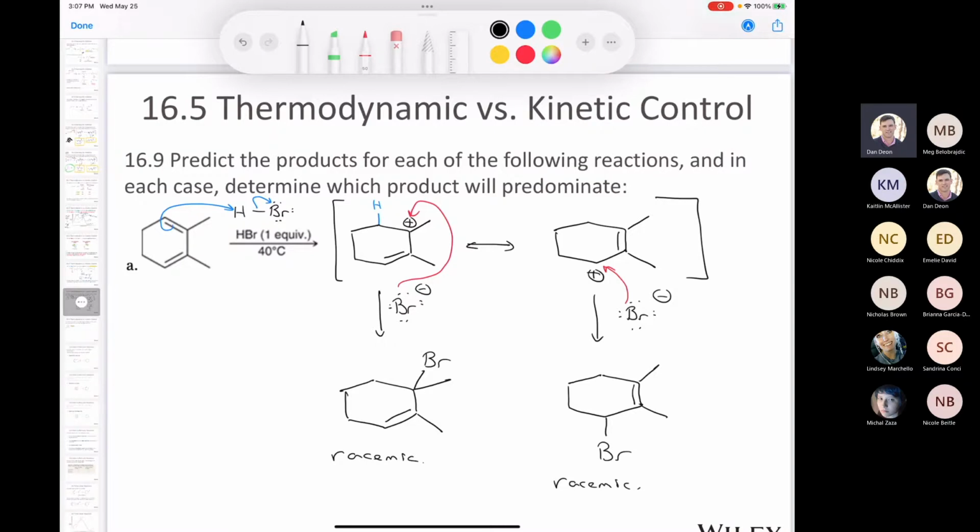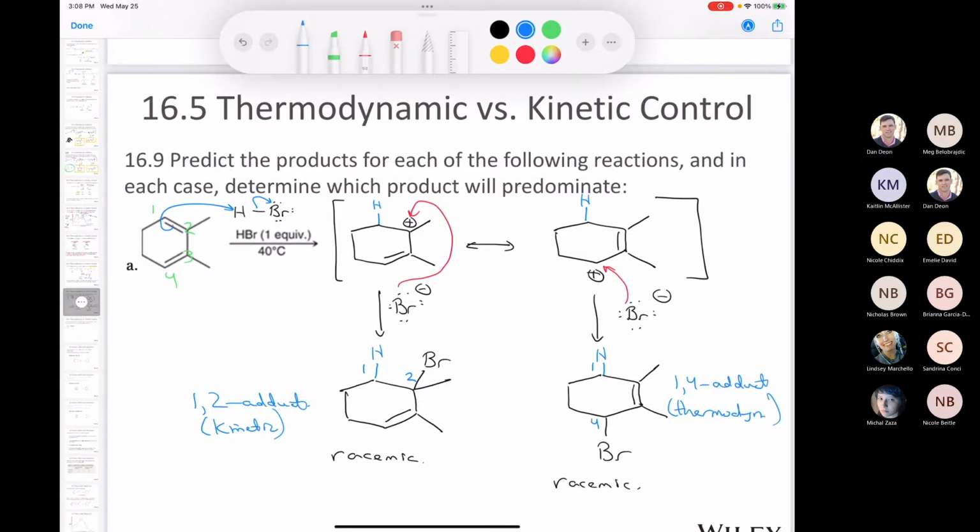Now, if I number the carbons, let's use the green pen. If I call these 1, 2, 3, and 4, you can see that the hydrogen in the first compound is at carbon number 1, and the bromine is at carbon number 2, whereas in the second one it's at 1 and it's at 4. So that means that this is the 1,2 adduct. So this is the kinetic product. And this is the 1,4 adduct. And so this is the